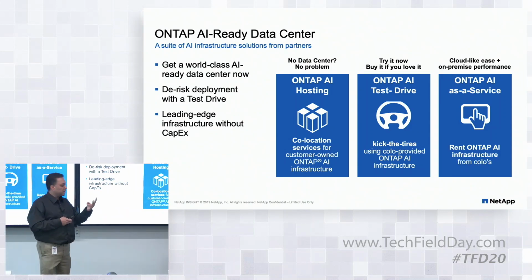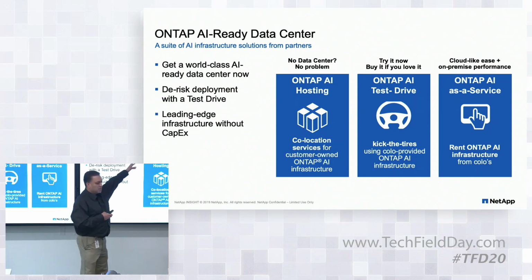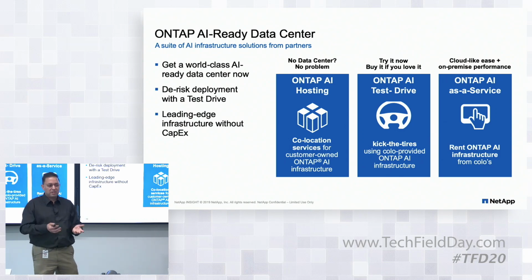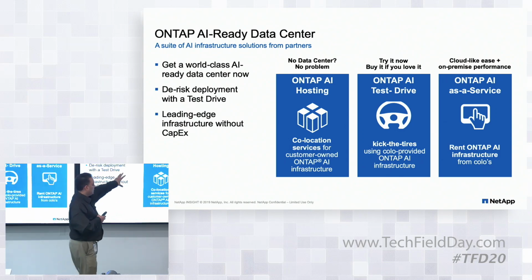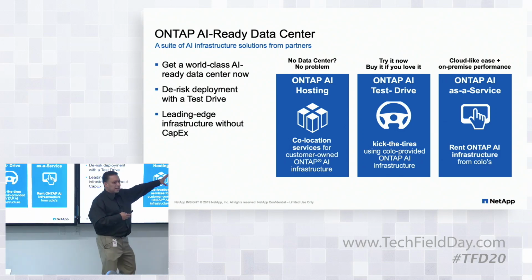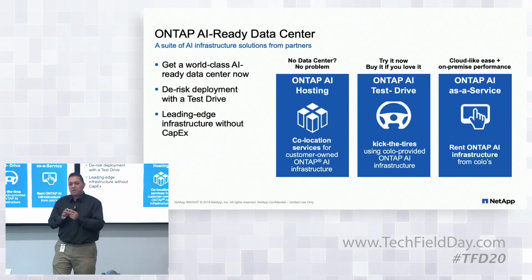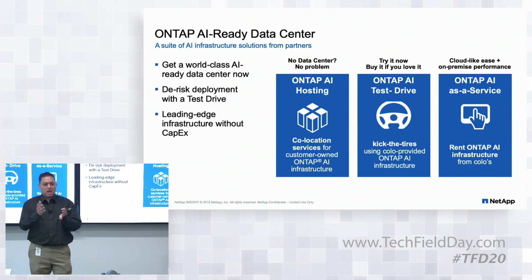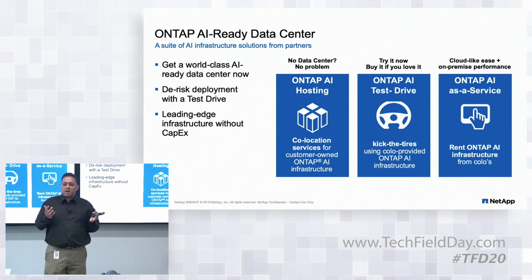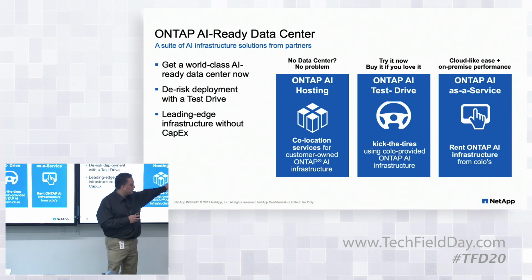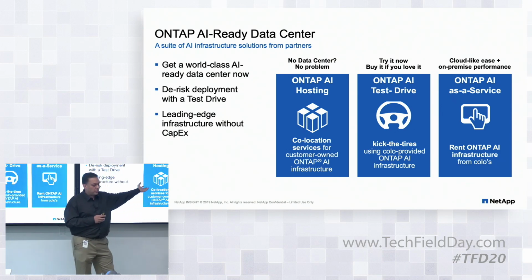So what are these 3 deployments? The first is the most basic, which is every co-location partner should be able to host hardware. That's the most basic definition of a colo partner. That's in place. The second is a test drive. By a test drive, what we mean is we incubate the rack at the partner. A customer can try it out as much as 3 months. They're happy with it. They choose to deploy in their data centers or choose to deploy at the service provider.